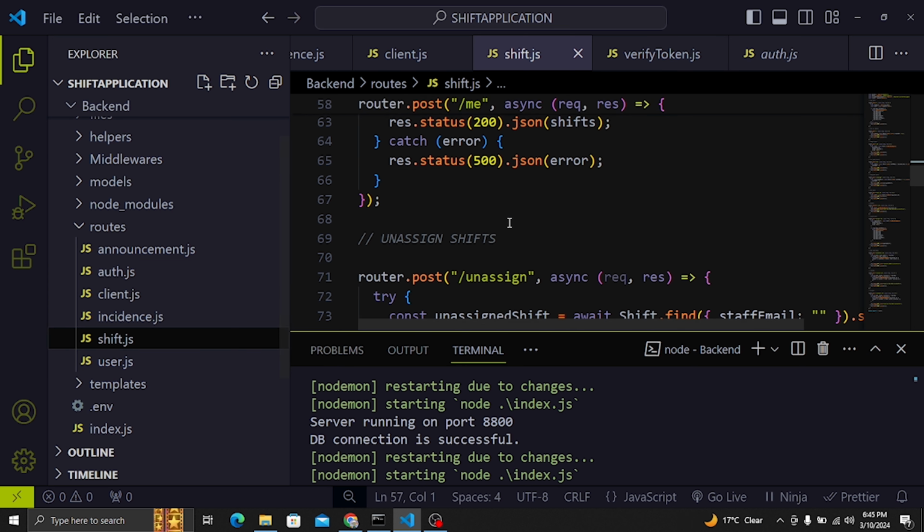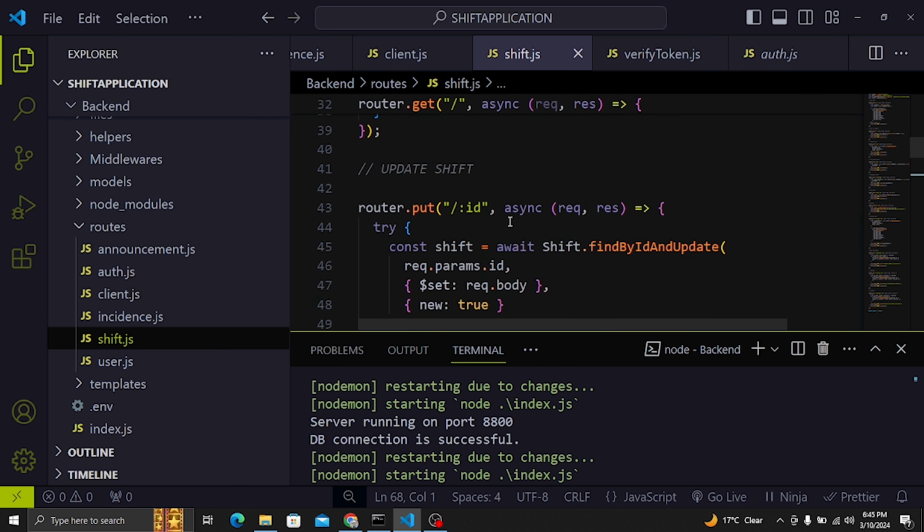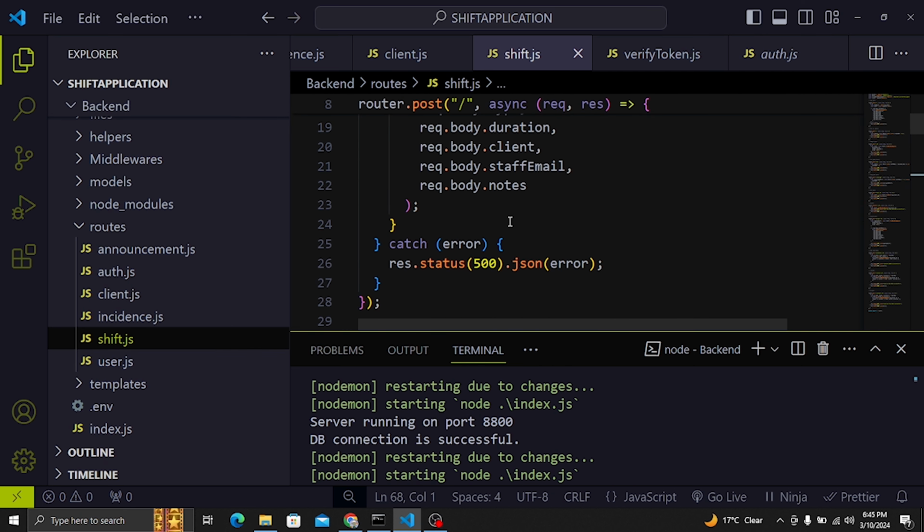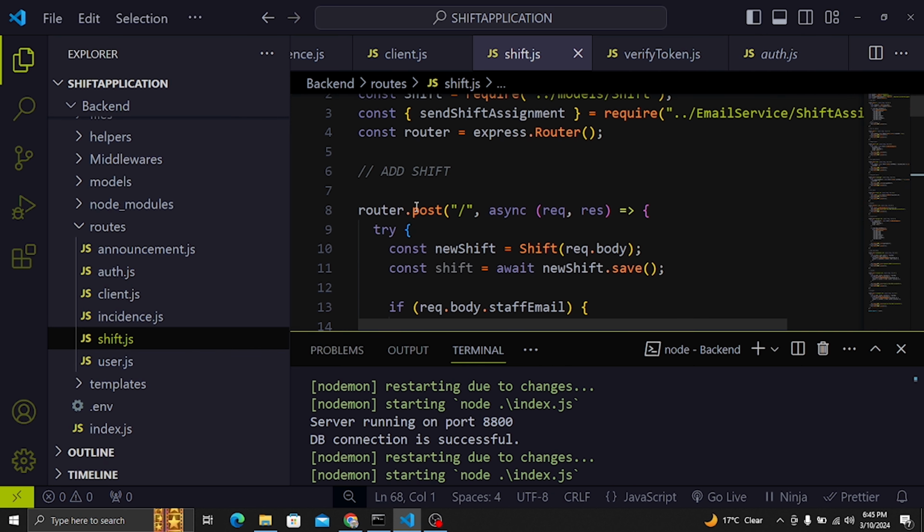To make sure of this information, let's say for example this add shift here, when you try to add this shift, you need to make sure that this user, or the admin who wants to add the shift, must have